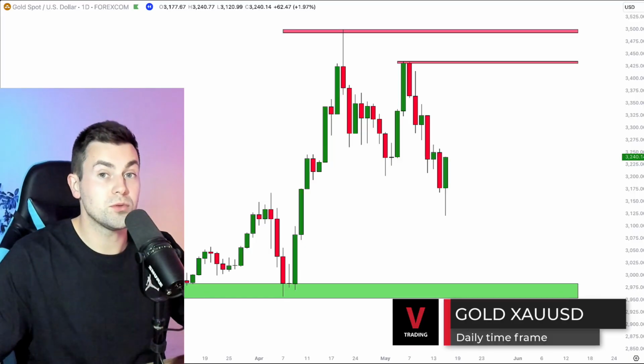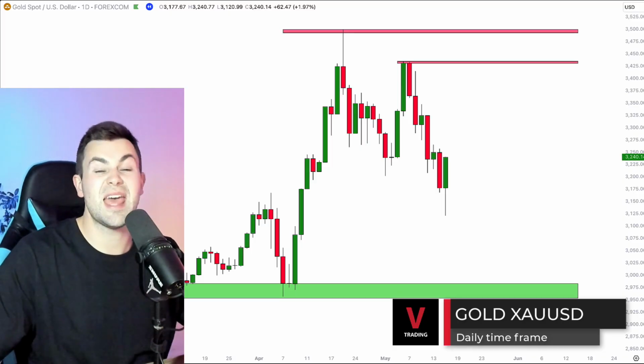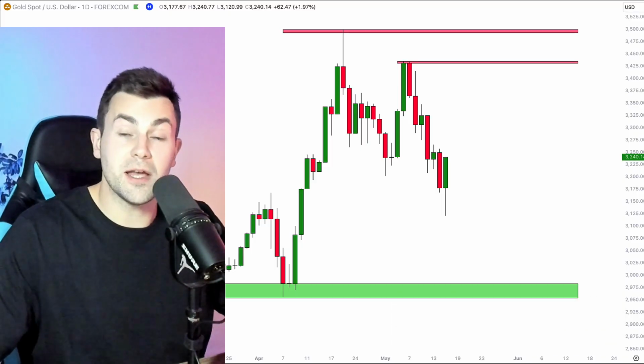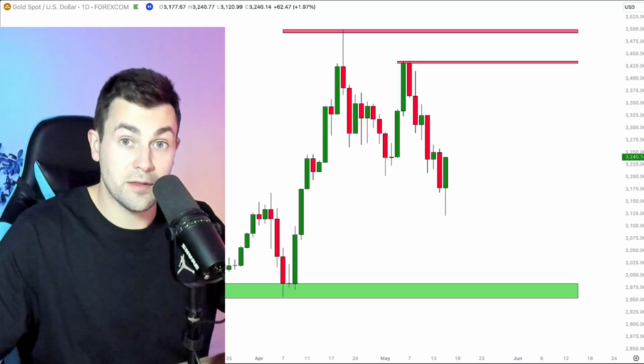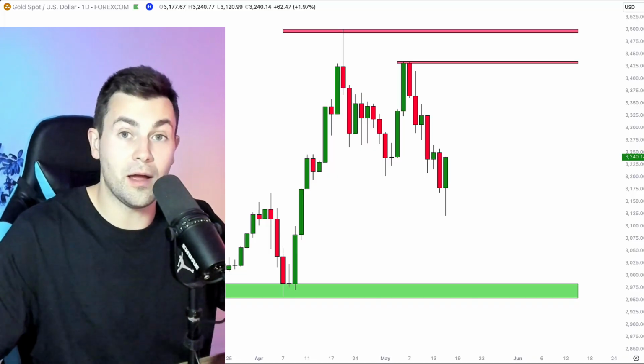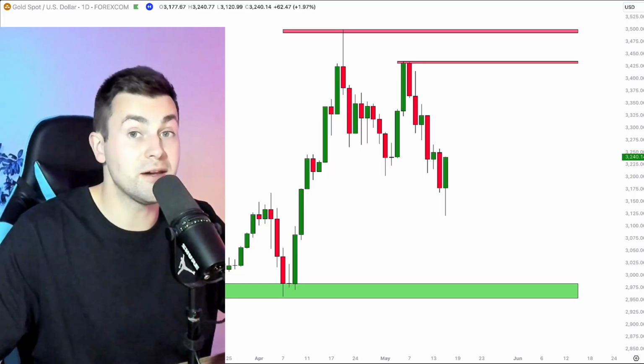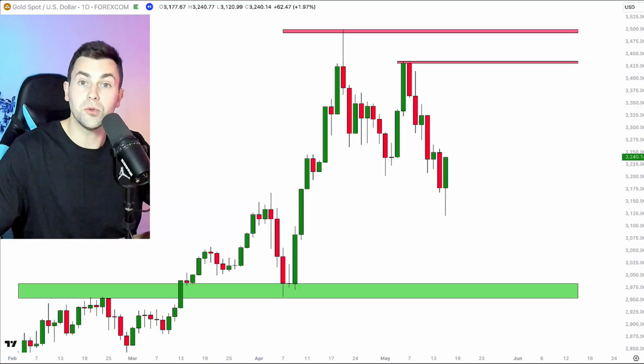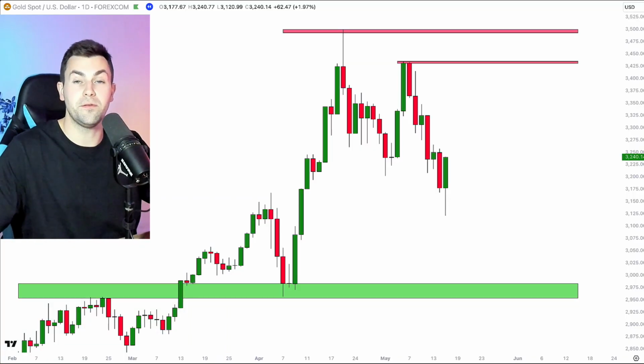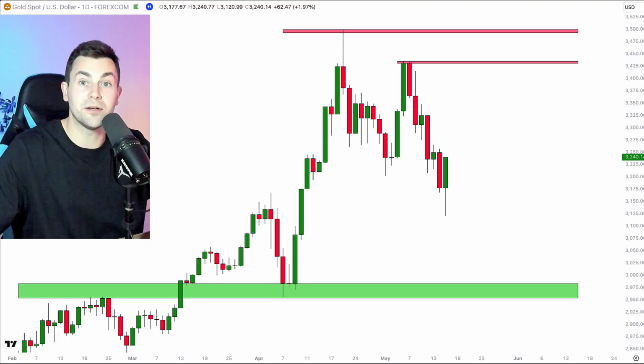Let's start with the basics. There are two major types of supports and resistances in technical analysis. The first type is called static. Static supports and resistances are strictly horizontal levels or zones that are fixed. The market price action beyond them does not affect them at all, and as time flies, these levels and the zones remain stable. Here in gold on a daily time frame, we have a perfect example of static resistance